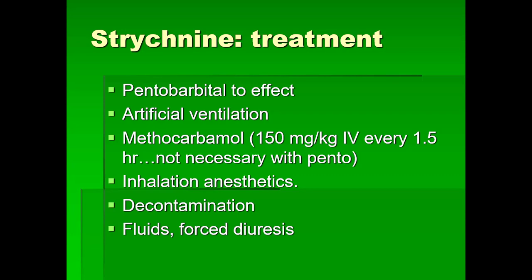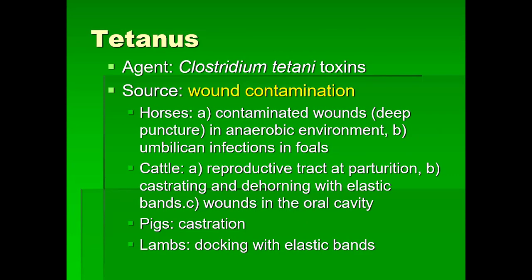Now let's move on to the next one, tetanus. The toxins are produced by Clostridium tetani, which is a gram-positive spore-forming bacillus that grows under anaerobic conditions. Those spores are very ubiquitous in the environment. They are present in the feces of many animals, and once they get into the soil, they can persist there